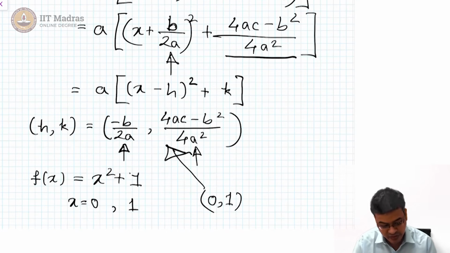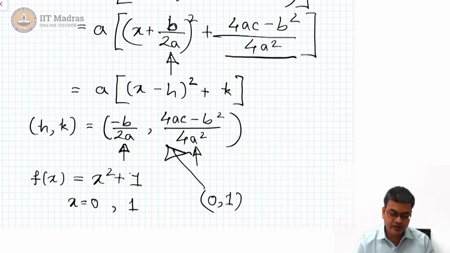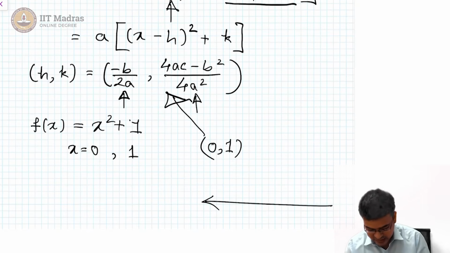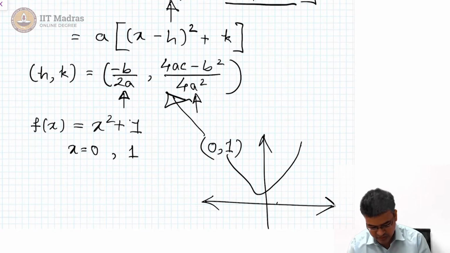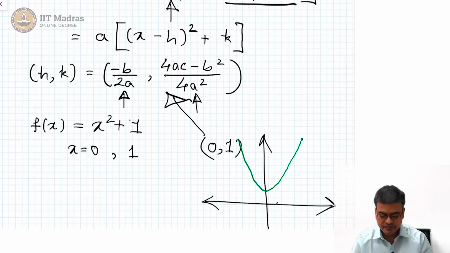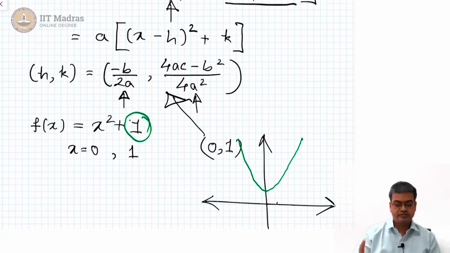Even if you are unable to write it in intercept form, you know that because of this form, this function never has a real root. So we can see that y equal to x square plus 1 will always be like this. Sorry, slight mistake. Let me erase it and draw it again. y equal to x square plus 1 is always like this. Assume this is 1 unit. And this never intersects the x-axis, and the point where it meets the y-axis is the y-intercept.